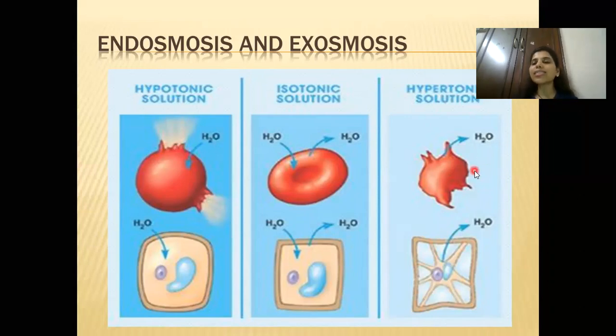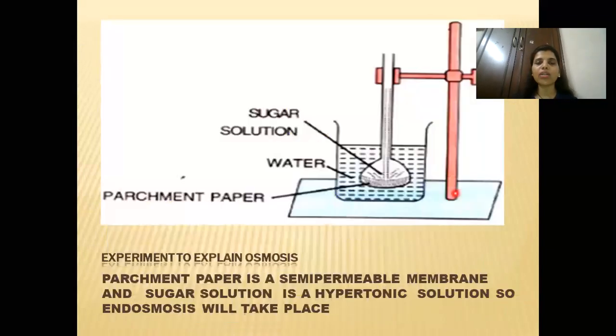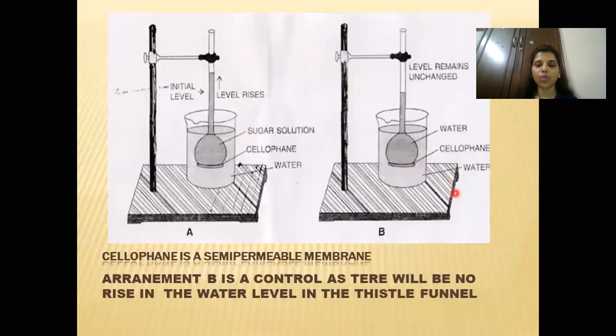Now when the cells shrink, that time it becomes loose. So the state where you can see that it has become loose because it has lost all the water concentration, this particular condition is known as flaccidity and the state is known as flaccid. Okay, so these terms, as I told you, are important and learning the definitions is very, very important from this chapter.